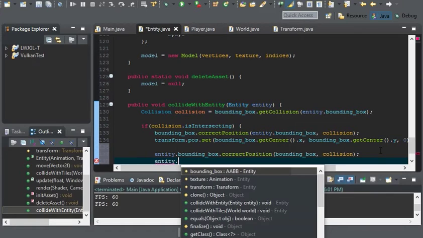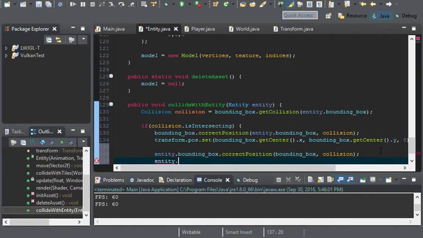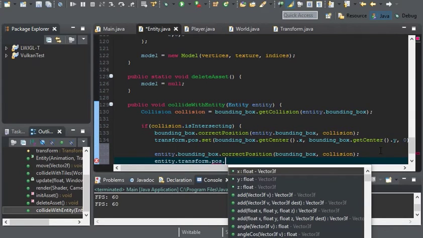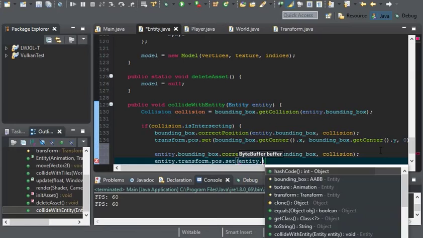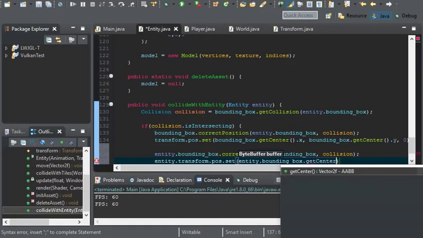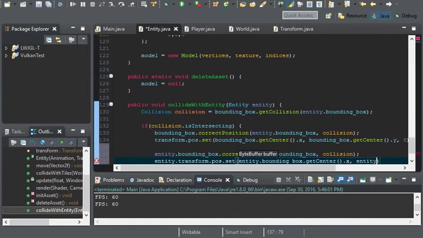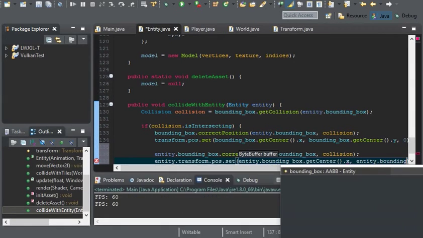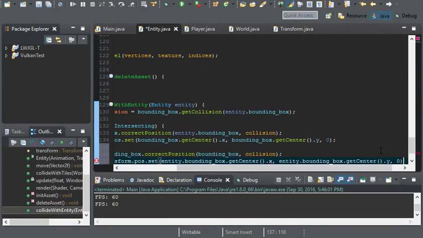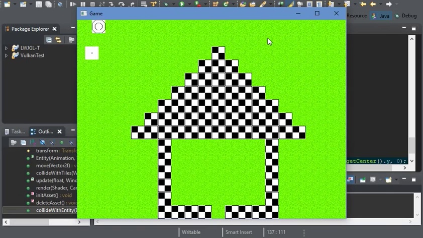And we also have to set its transformation pos as well. The entity's bounding box center x, same as the y, and 0. So now let's see if that works. It works,